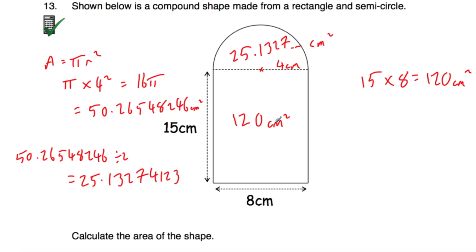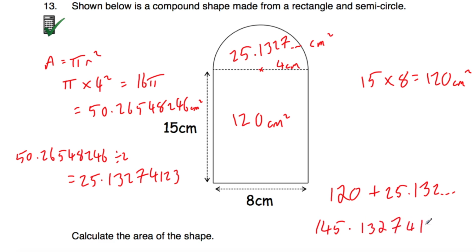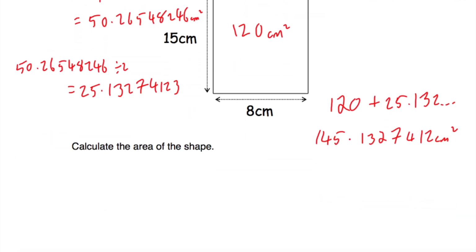Now we want to find the area of the whole shape. So the area of the rectangle is 120. The area of the semicircle is 25.132 and so on. And let's add those together and see what we get. So that'll be equal to 145.1327412 centimeters squared. And the question doesn't say to give it any certain number of decimal places, so I'm just